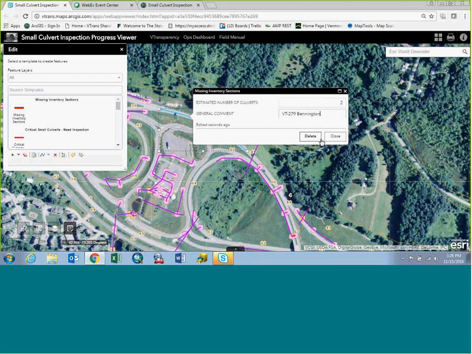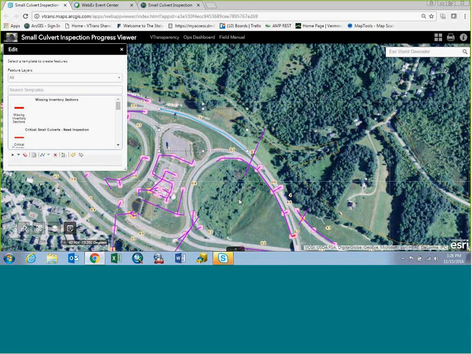Right. And go ahead and hit close, and what it's going to do is create a red marked, red lined segment in that area, and that will allow us to go back through this map and this data and isolate all of these areas that you're saying there's culverts that we have missed, and we'll be able to send out